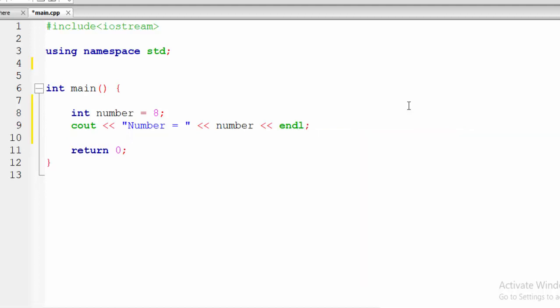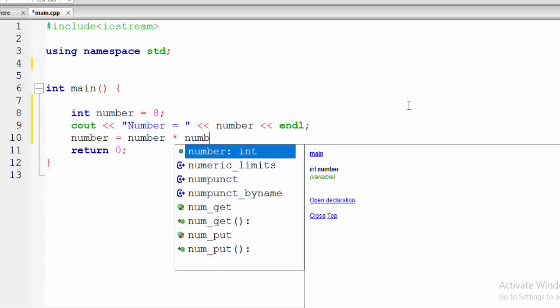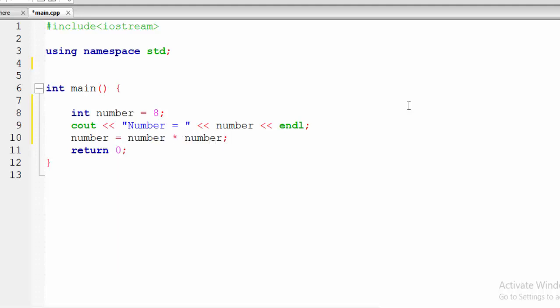After that we want to change the value of number. If we want to make it equal to its square, we can do it easily in this scope, because this is a local variable and it is accessible in this block of code.